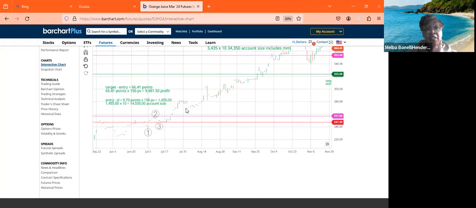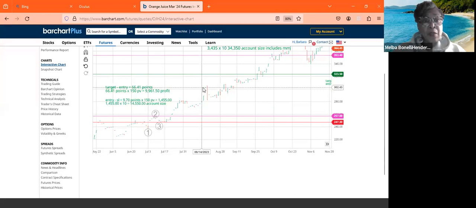And in order to have that risk, you would need to have at least $15,000 in your account in order to risk 10% of that $15,000 with a stop loss that size. So whenever you do your technical analysis, all of that has to be written out. In order for me to do this trade, I need $15,000 in my trading account in order to do this particular trade. Okay. And so our target is going to be